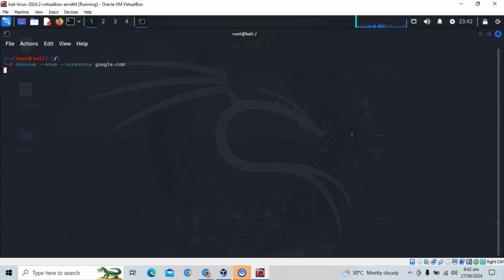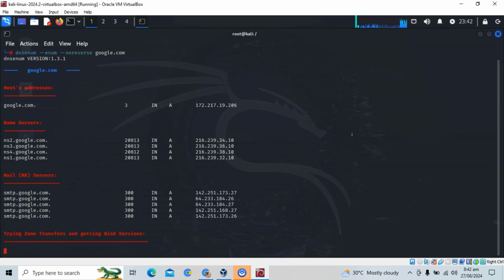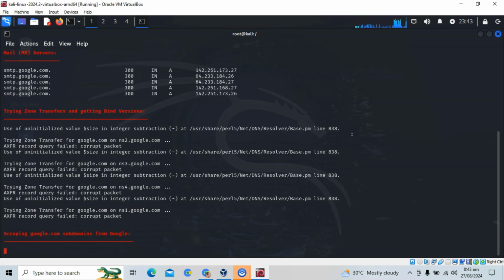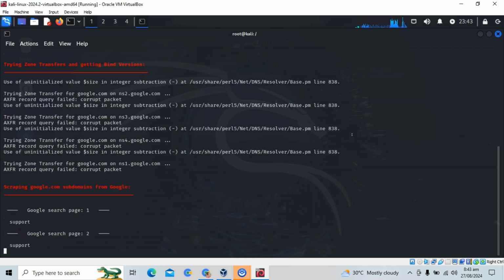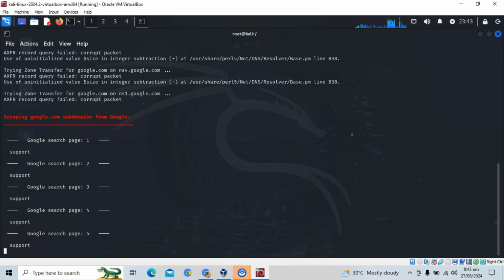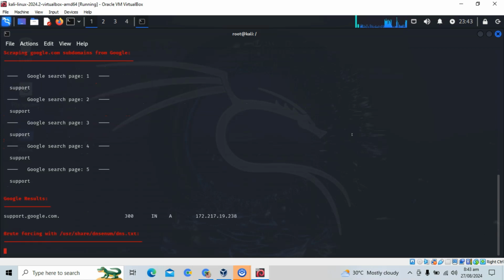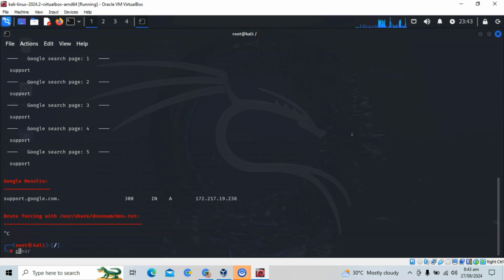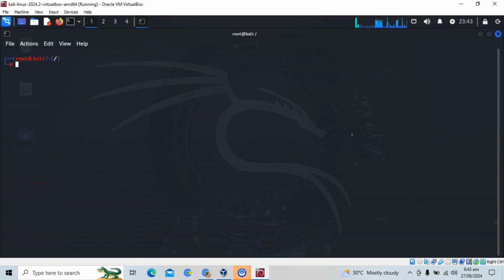Okay, this command provides the whole information about domain related information if it's successful. Here you see complete detail about that, and now we clear our terminal, and the next command is